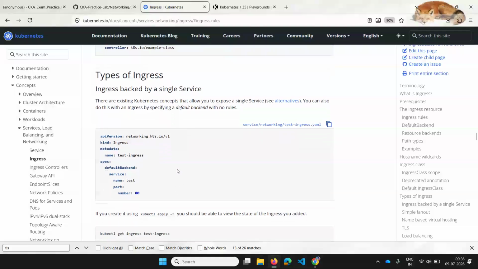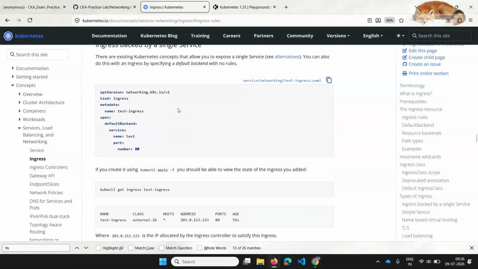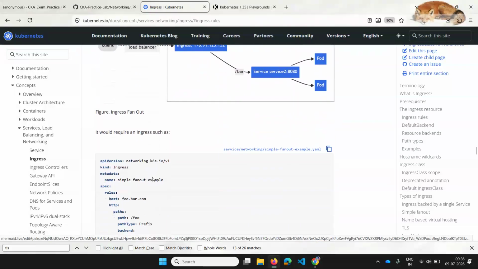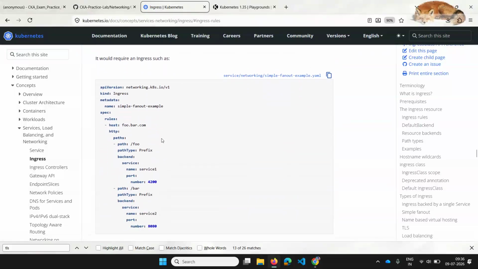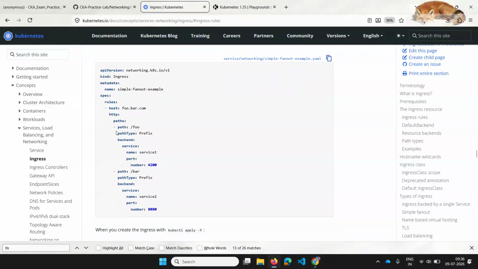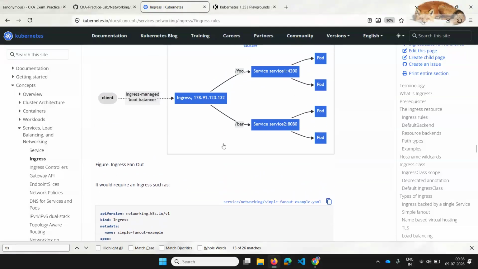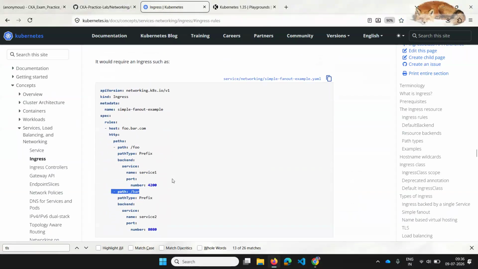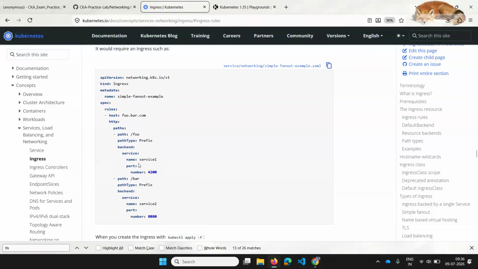the different types of ingresses. So if you see, this is an example. Okay, this is a classic example where there is a single host and multiple paths. If you see, this is one path foo and this is one path bar. That way we are also doing the same solution, which is different paths, single host. So this way we have to create it, and it should mention the services, which we will do now. And the port is nothing but the same port on which the service is open.